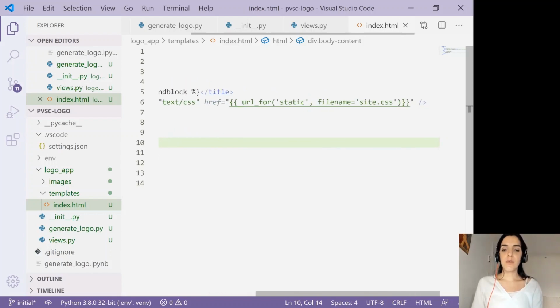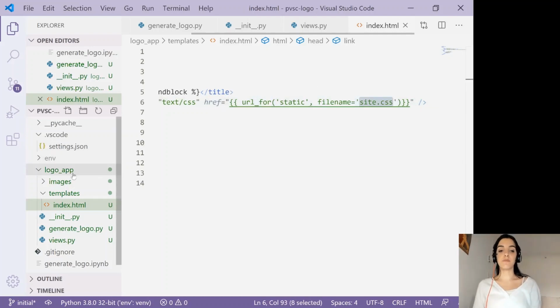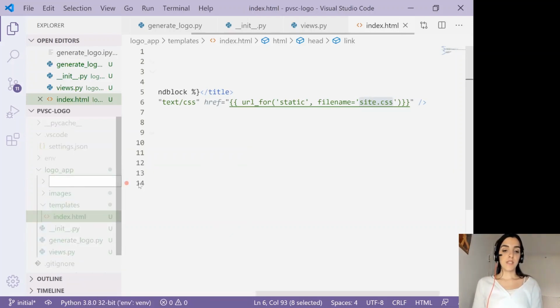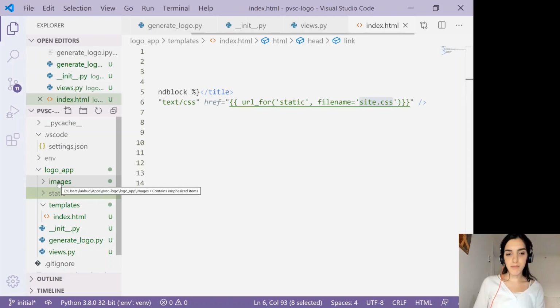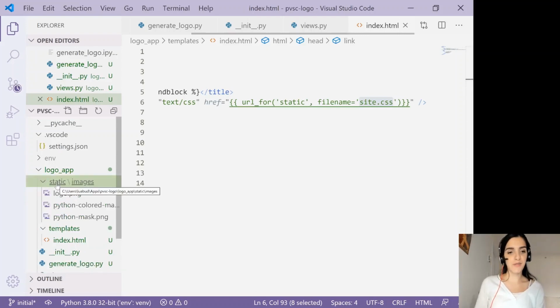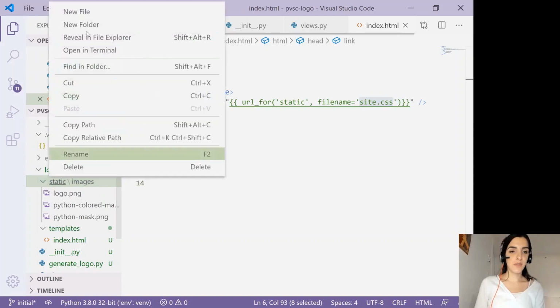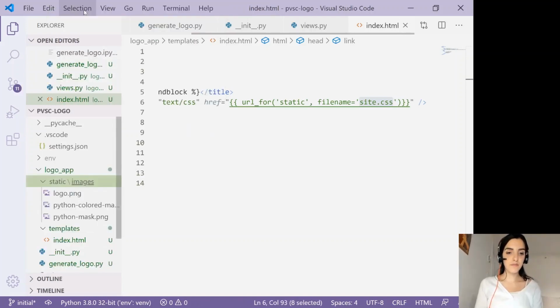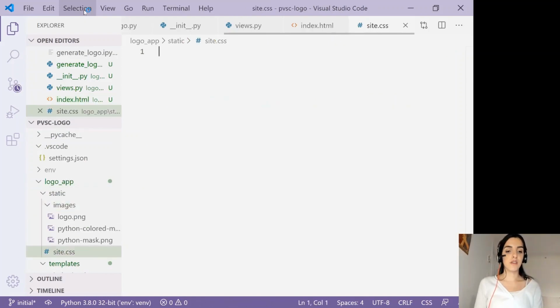And here though, it's calling for a site CSS file under a static folder that I still don't have either. So I'm going to create them. Once I do it, I can create this static folder. And I'm going to send my images under the static folder since they are static too. And here under static, I'm going to create a file called site.css